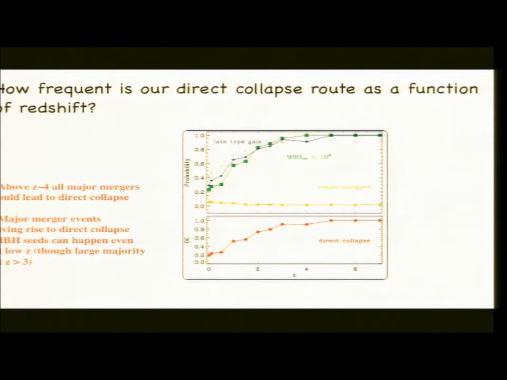So the prediction of the model is that you should also have some galaxies undergoing this formation route at low redshift, because the conditions that we need in some rare cases also happen at low redshift. And I'll show you what kind of galaxies these should be in terms of their